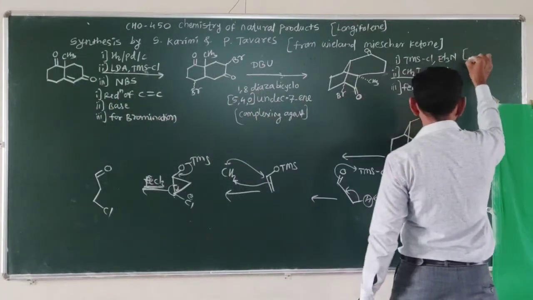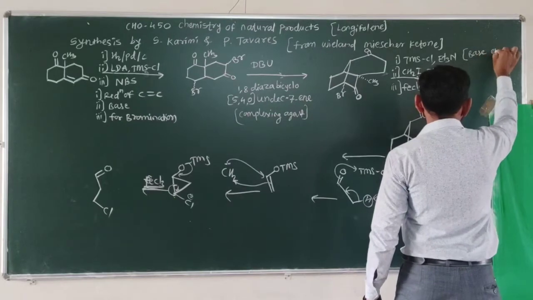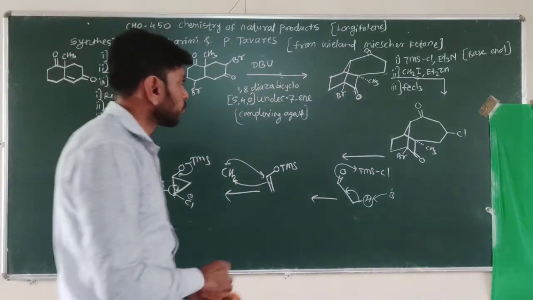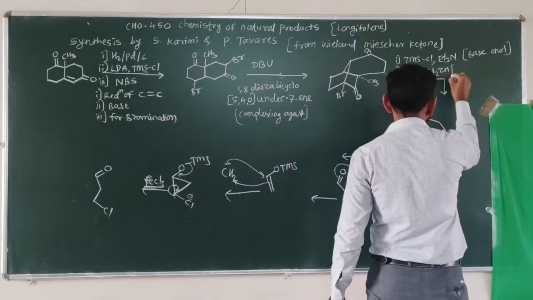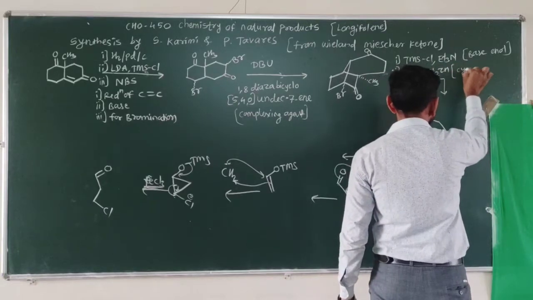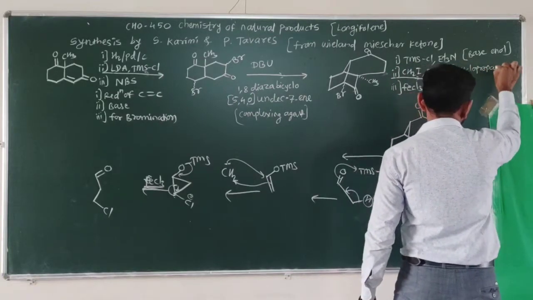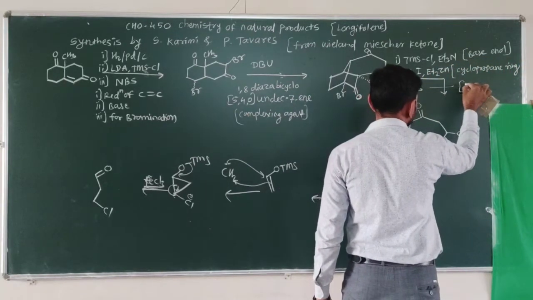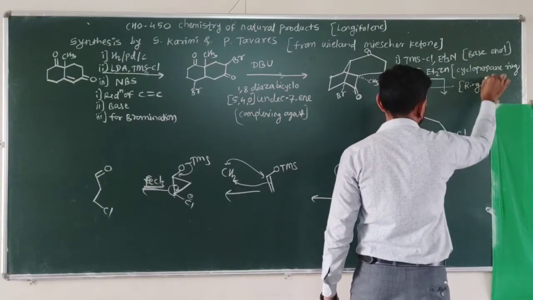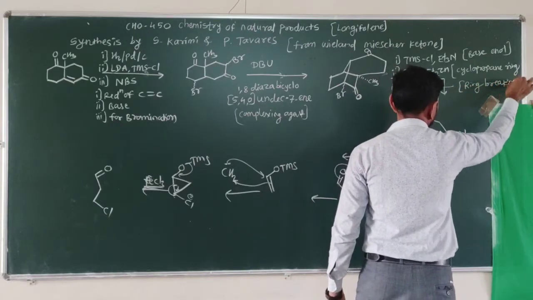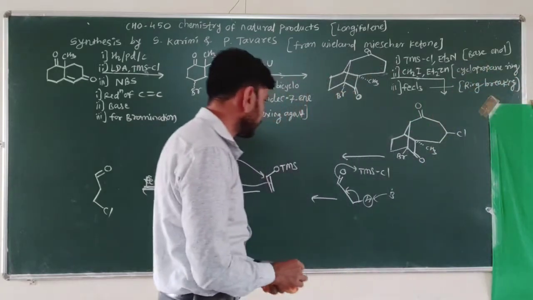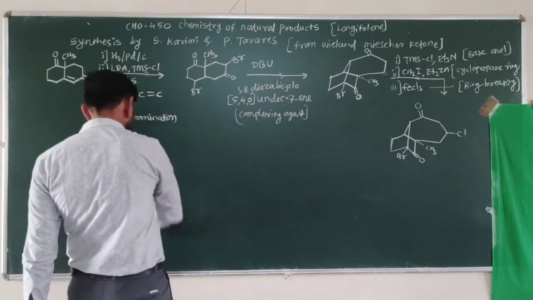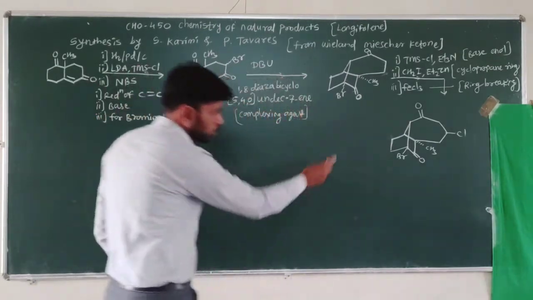So this one is the base and enol formation. For this one, this is used as a base, and for enol formation, this is carbene formation for cyclopropane ring formation, and this one is the FeCl3, which is used for ring breaking of the cyclopropane. So the cyclopropane ring is broken here with the help of the FeCl3 complexing reagent. So that complexing reagent gives rise to this structure.